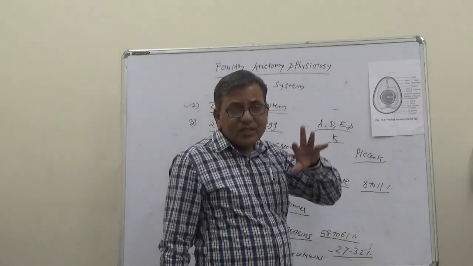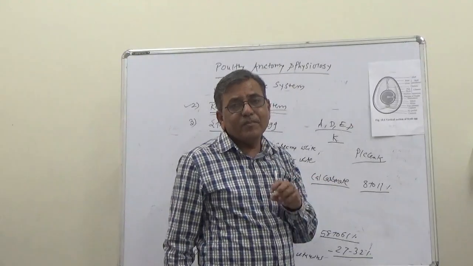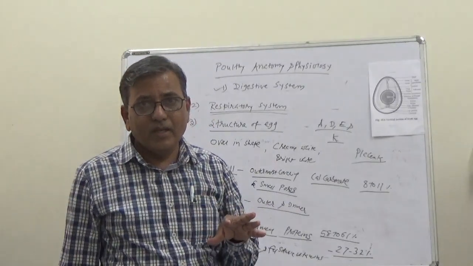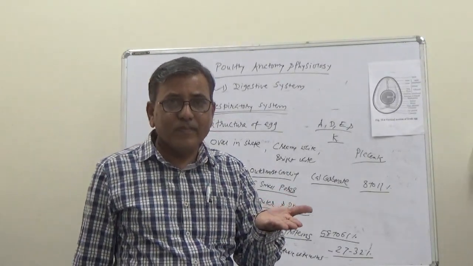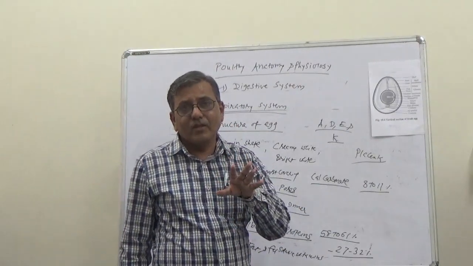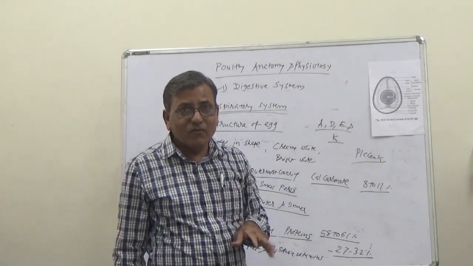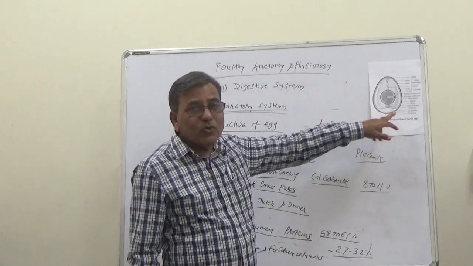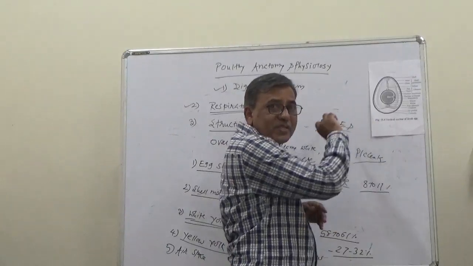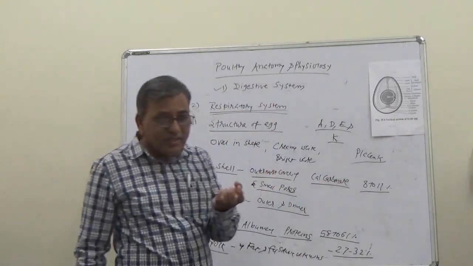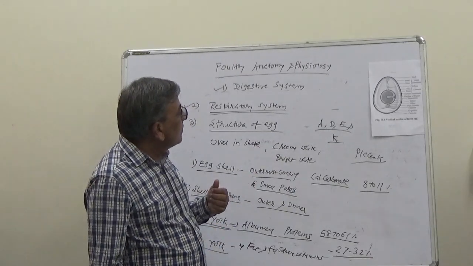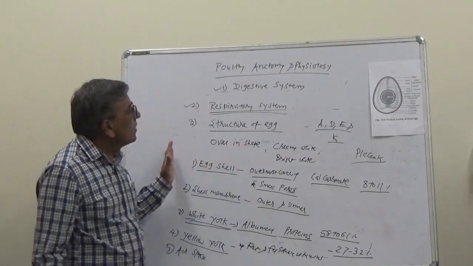Whether the egg is stale or fresh can be determined by placing the egg into water. If the egg floats, the egg is stale. It is not a fresh egg. The fresh egg will go to the bottom if it is placed in the water. As the egg grows old, this air sac will grow. The air space will be growing and the inner content will shrink. So this is all about the structure of the egg.